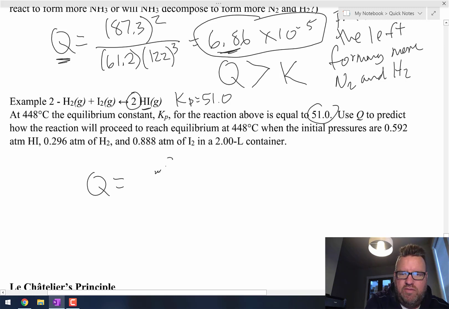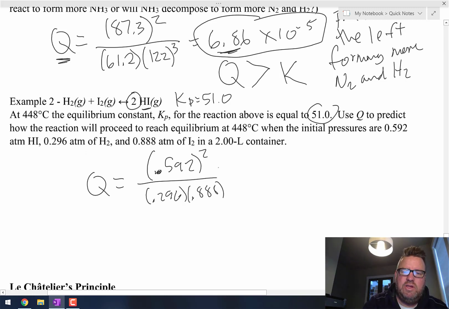So that's 0.592 squared over the pressure of H2, which is 0.296 times I2, 0.888. Okay, and then I take 0.592, I'm going to square it, divide it by 0.296, divided by 0.888, and I get an answer of